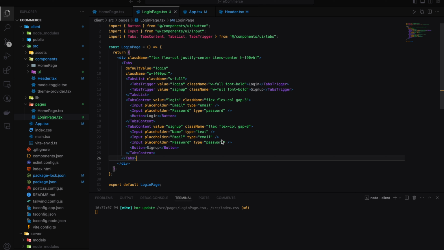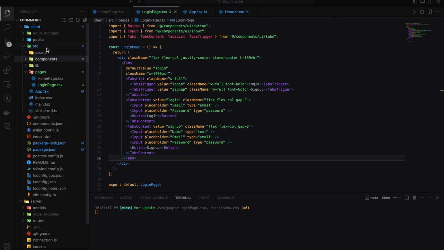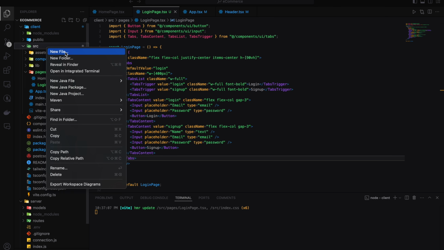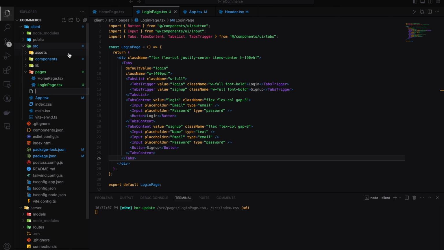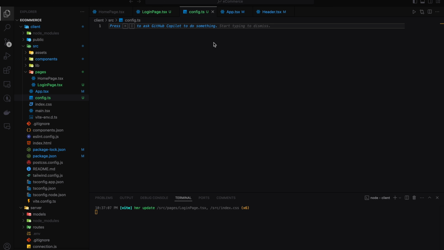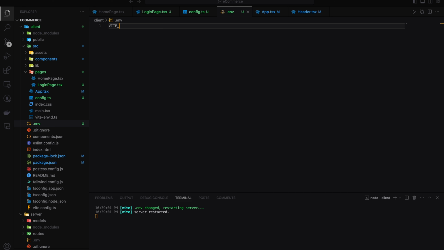So now we have to integrate API routes for login and sign up. So before integrating, I have to do one more thing. Let's close the src folder. Okay, in the src folder, create a new file called config.ts. It's a simple TypeScript file, and here, okay, in the client folder, let's create a .env file and create a variable with